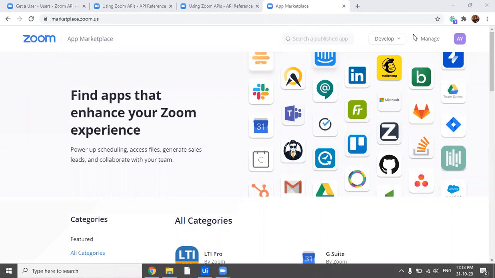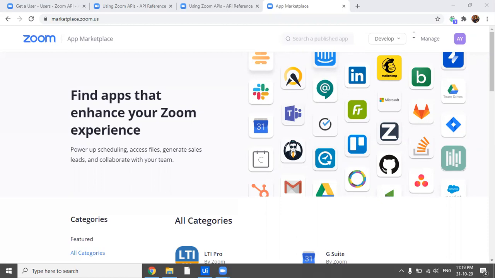So in the previous video, we had an overview that whenever we have to integrate any application with another application or with UiPath, what are the few key pointers which we have to keep in mind before proceeding with the integration. We went through a few of the basic things and the authentication methods. And now moving forward, we'll be picking Zoom and integrating a few of its APIs, and at the end of the video, we'll see that once we have integrated, how do we make a custom activity out of all the integrations that we have performed.